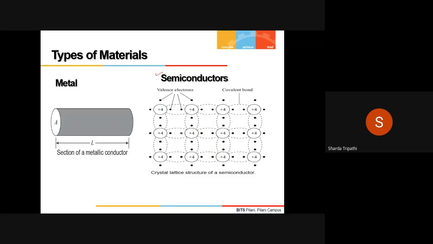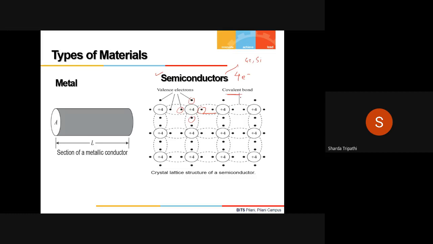So here in this figure over here, the crystal lattice for a semiconductor material is shown. So here we see that unlike the conductors, here the material has 4 electrons in the valence shell. So you have a single atom, and these single atoms are going to have 4 electrons in their outermost shell. So typical example of semiconducting materials are germanium and silicon, because these have 4 electrons in their valence shell. So what they do is these 4 electrons, they combine with the valence electron of the adjacent atom and form